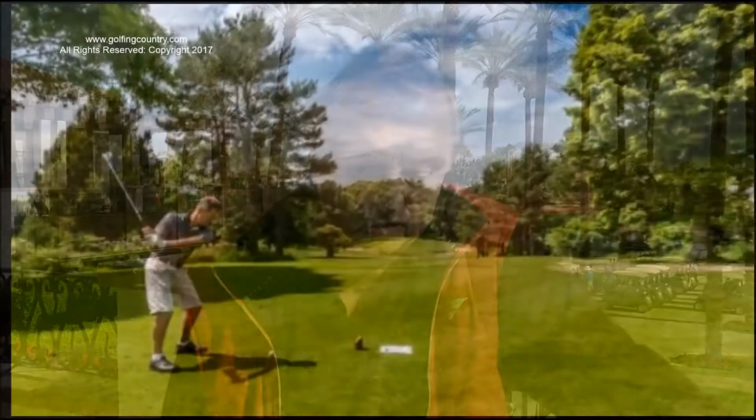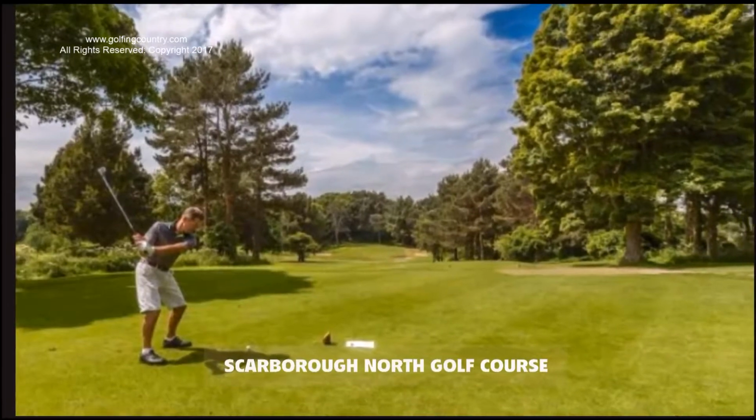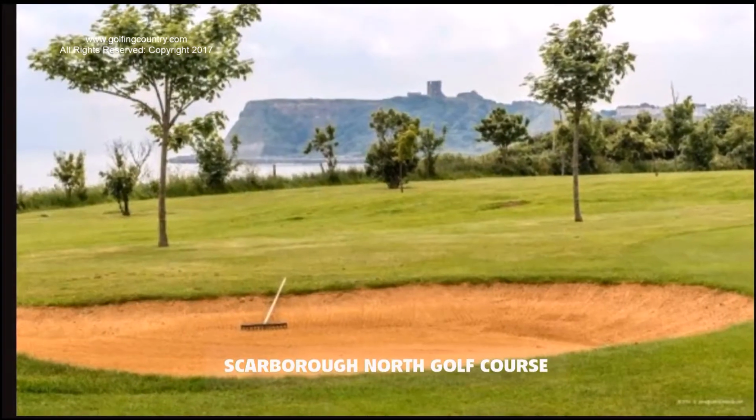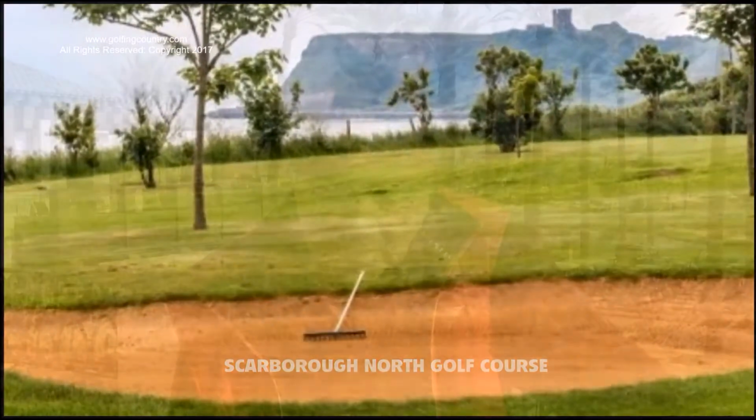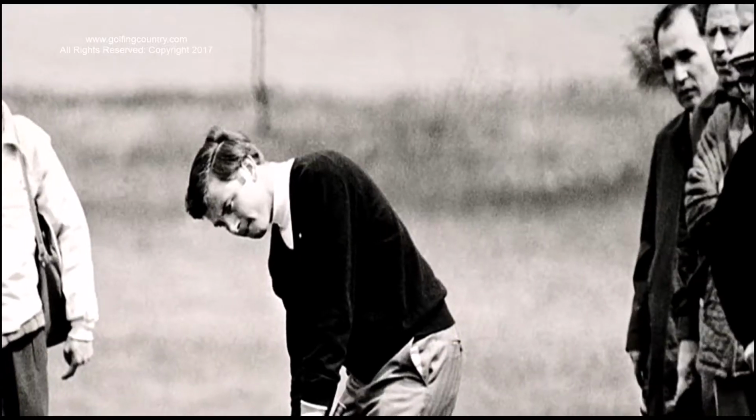I started playing golf when I was 12 years old, and I got so keen that in the summer and Easter holidays I used to play 3 rounds every day and practice in between. I think it was a great relief to my parents that they could drop me off somewhere safe and pick me up at about 6 o'clock at night. It was kind of nursery school really, but it was a golf course, and I thoroughly enjoyed that. I started in Yorkshire, a golf course called Scarborough North Cliff. Scarborough is a seaside resort on the northeast coast of England, and as I say, I got very keen on golf and I progressed,